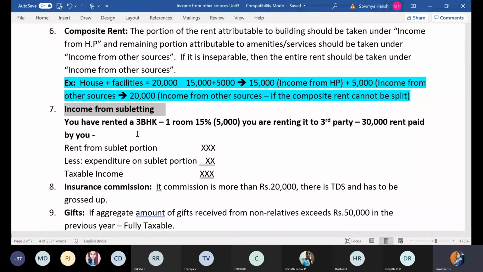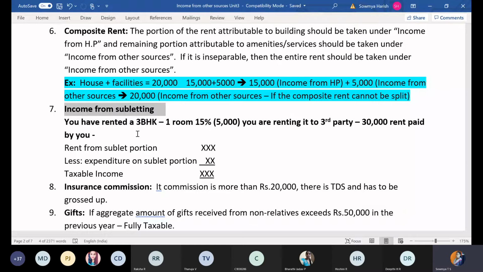Now we will look into the other income, that is insurance commission. See, whatever we are discussing, these are the probable incomes which an individual, the assessee, can earn. So insurance commission: think that you are working as an insurance agent for one of the financial institutions, maybe ICICI Bank or LIC or any other. Your job is to sell insurance policies. Whenever your client pays the premium on each policy you sell, you'll receive commission, right? You're doing your job and receiving commission on that.